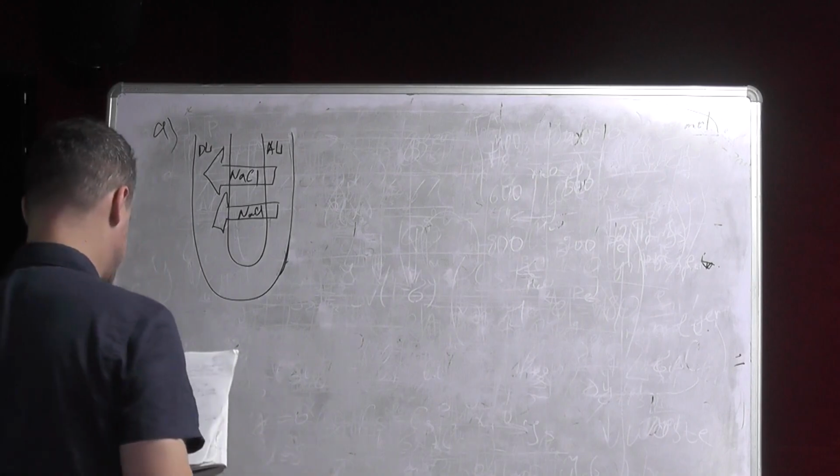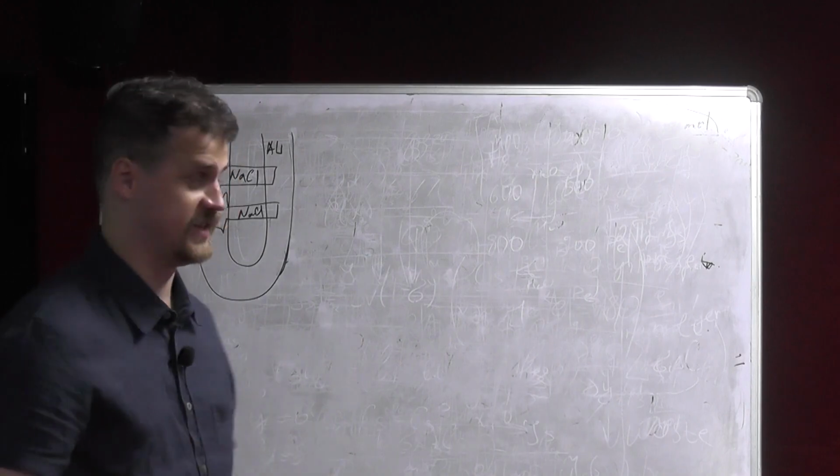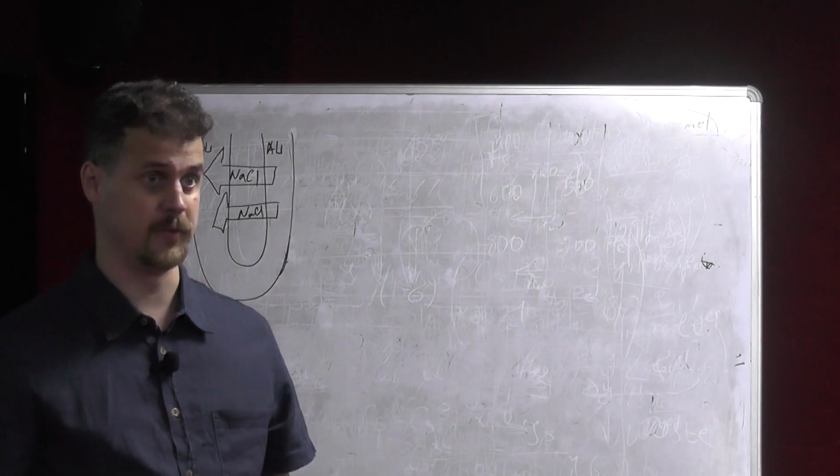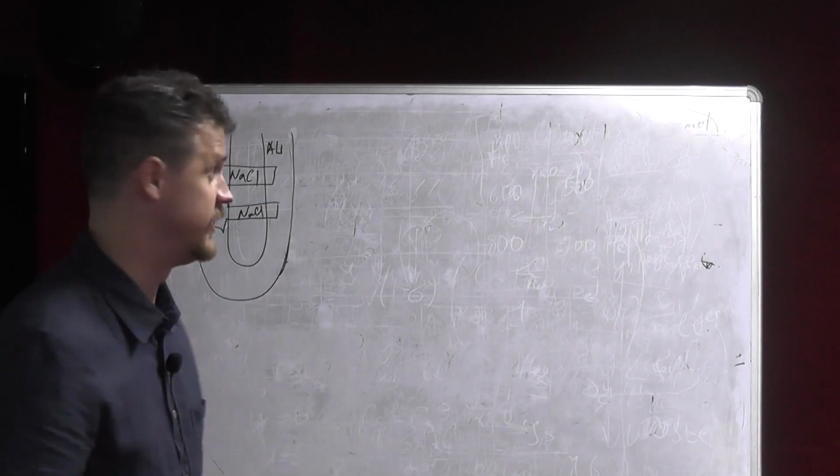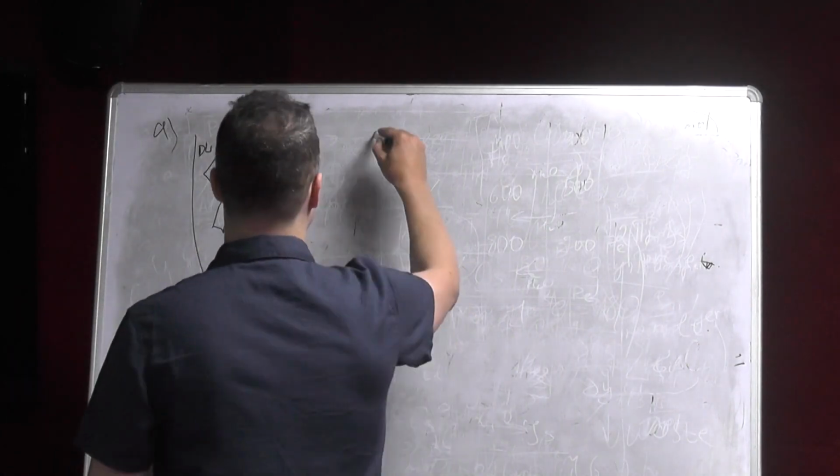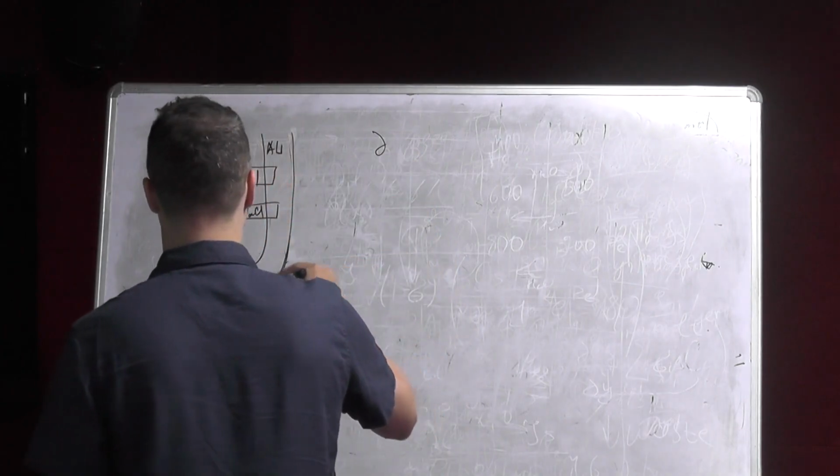So here we make an assumption that the descending loop and ascending loop are impermeable for water, unlike in the real Henle loop. That means that if we talk about the